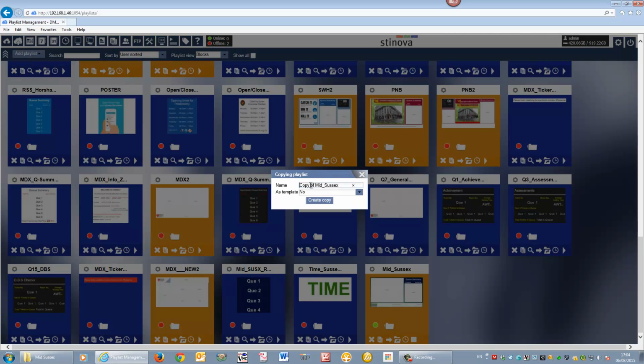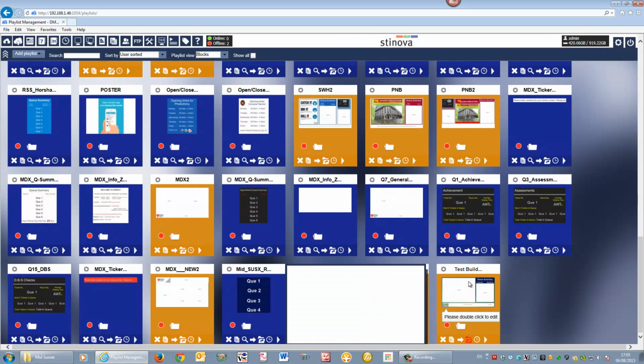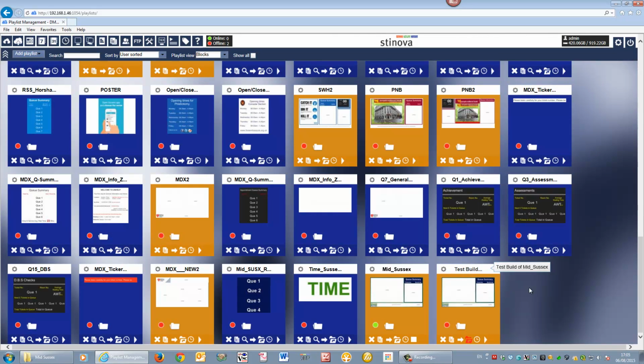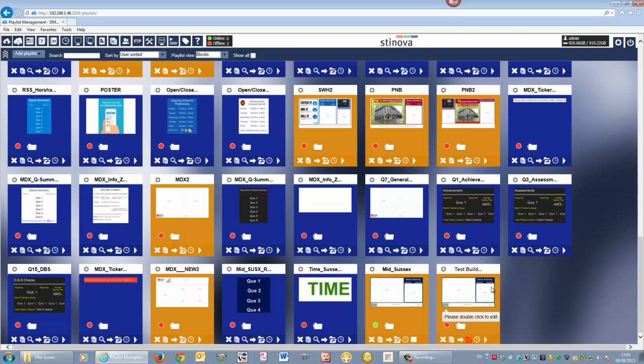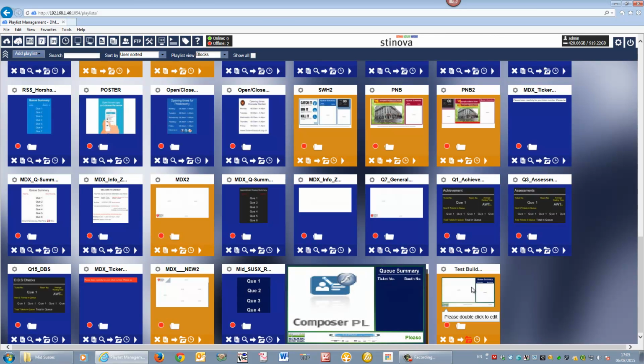And what we will call it is a test build of MidSussex. So we create our copy. And as you can see, this test build has not created new elements like these two. We will just use the existing elements in our test build. So to get into our playlist manager, we double click